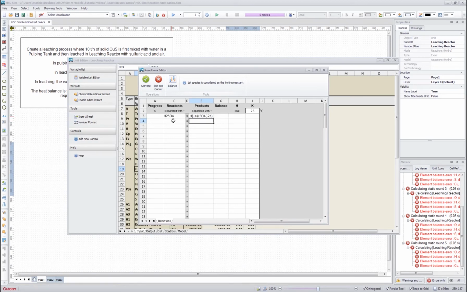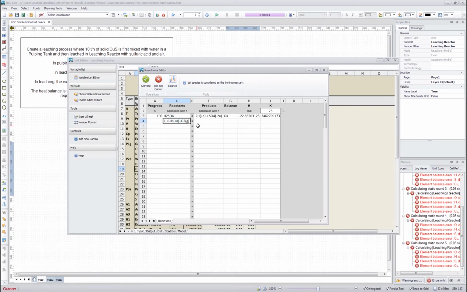And then we check the progress and press balance to balance this equation, and now it says OK, so this equation should be fine. Next we have the actual leaching reaction, which we will write here. So we have the copper sulfide, and we have the acid, and we also have the oxygen,